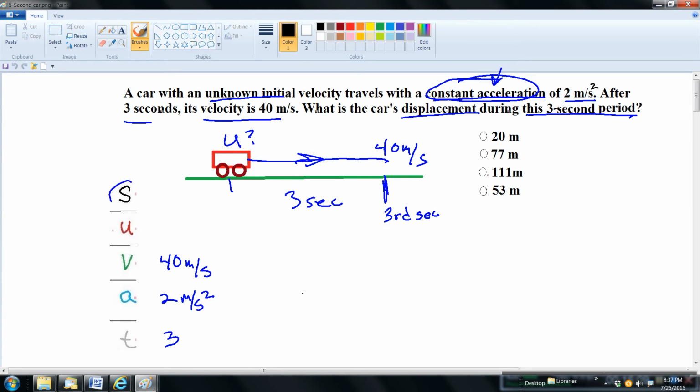So step 3, we're going to circle that, and then we're going to draw a line through the variable that's left, and that leaves us with the kinematic equation that's not really used that much. So what is it? It's S is equal to final velocity times time minus 1/2 AT